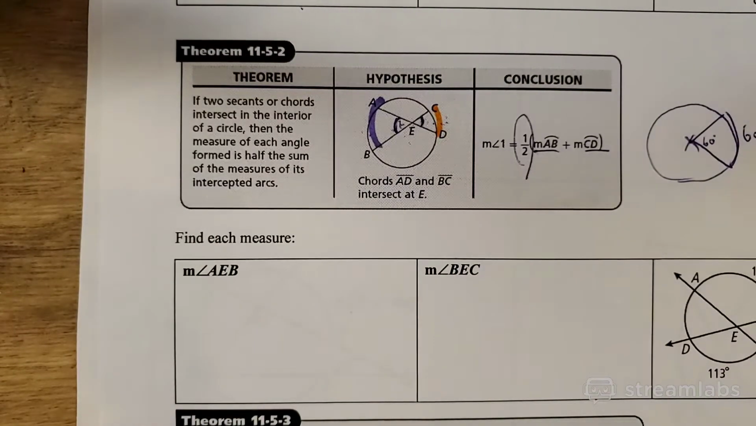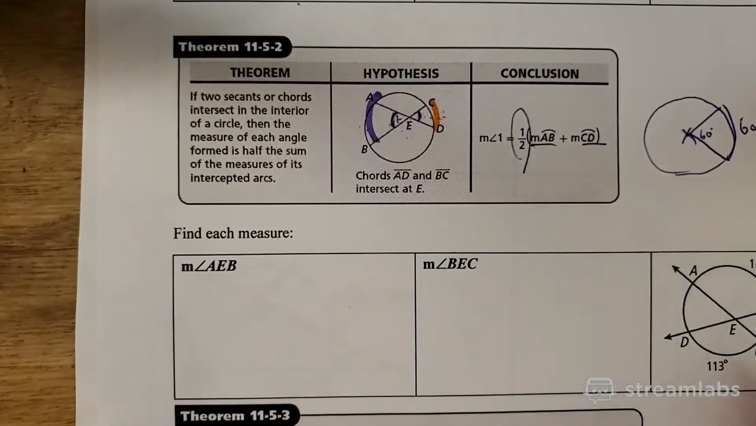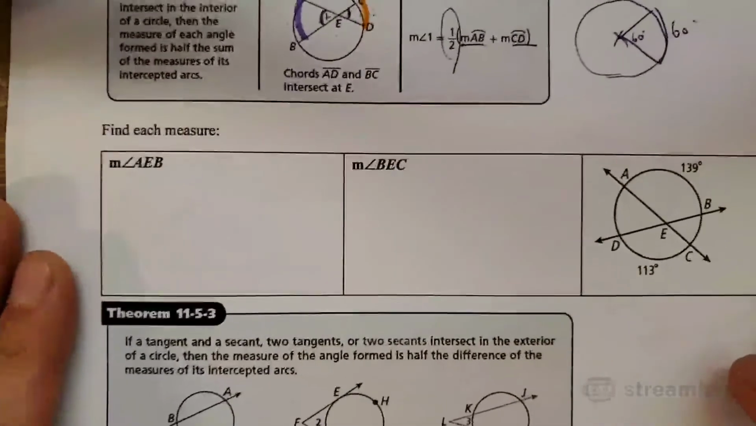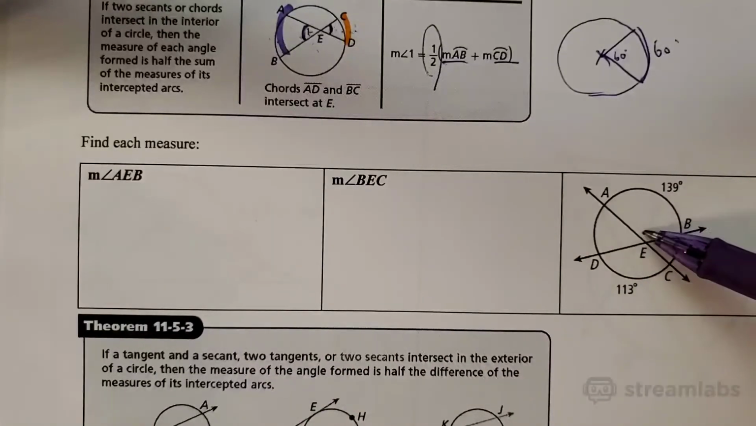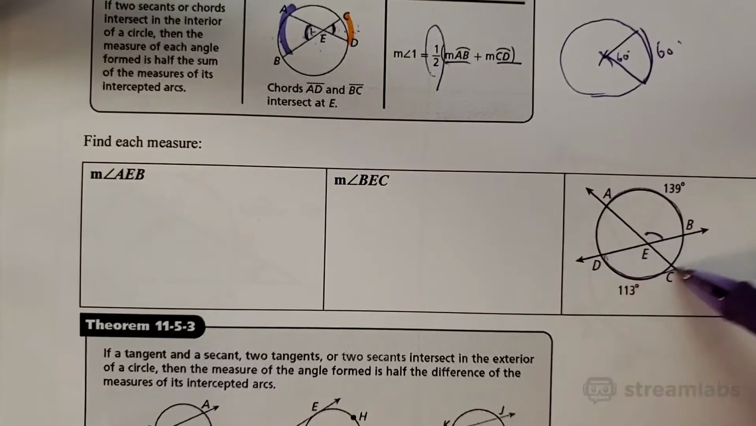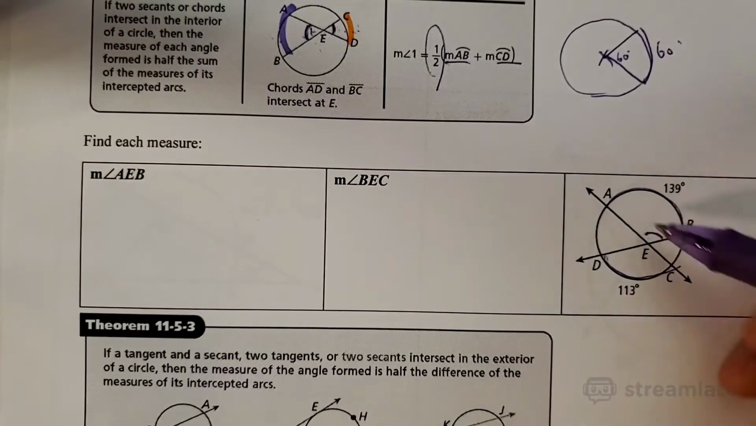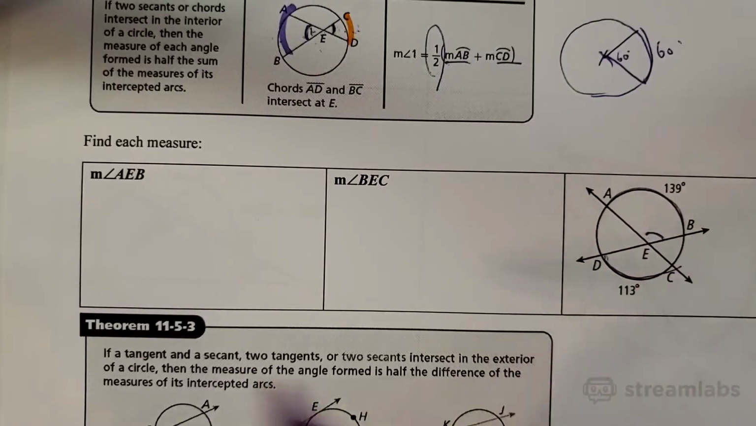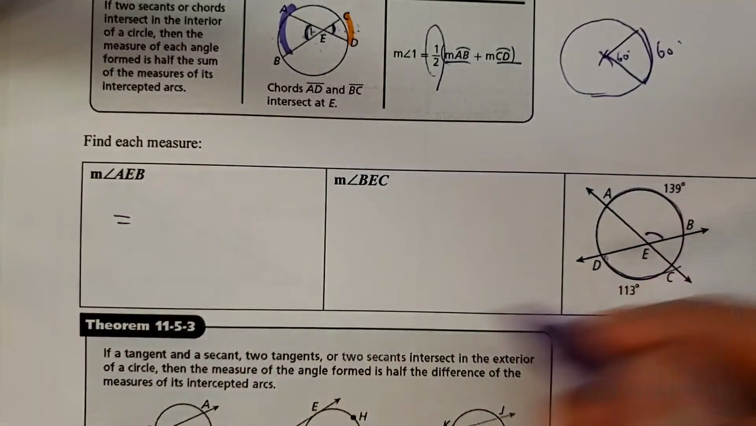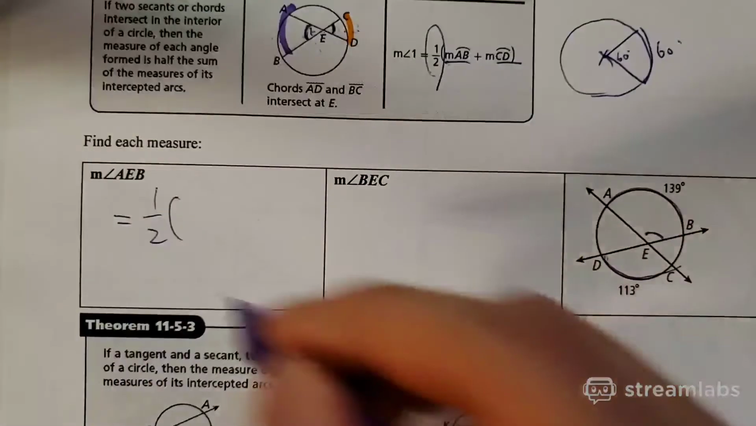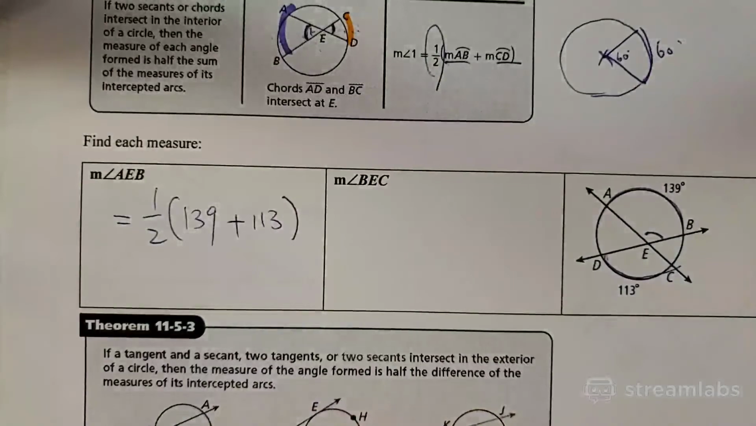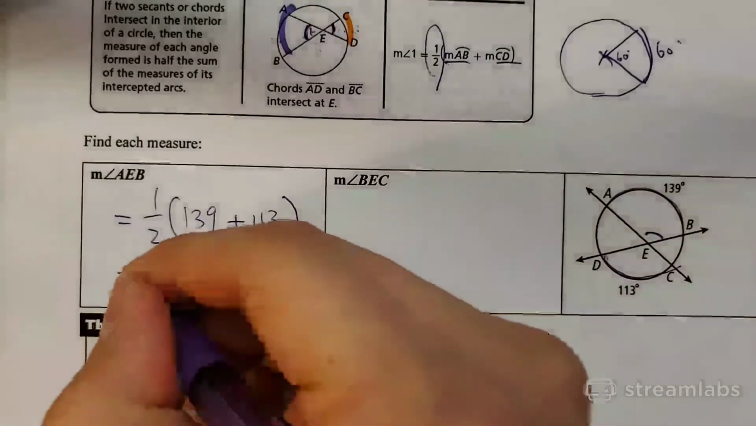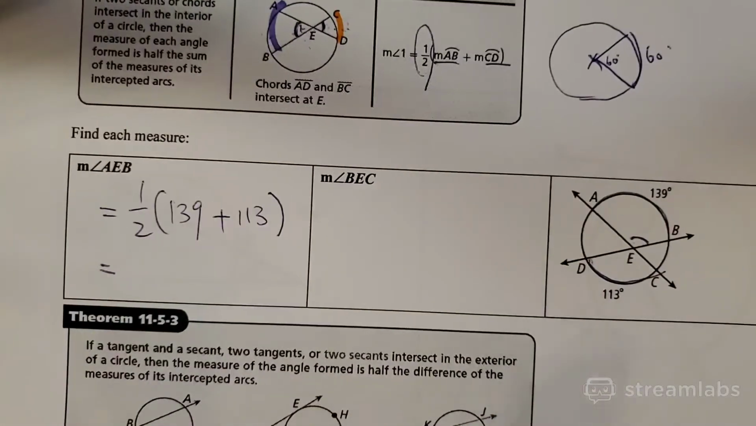Okay. So let's look at one. So AEB in this question, which is here, this angle, right? So AEB is related to this arc and this arc, right? Because you're cutting like this. So AEB is equal to the average between the two. So 1/2 of 139 plus 113, like that. And that is equal to